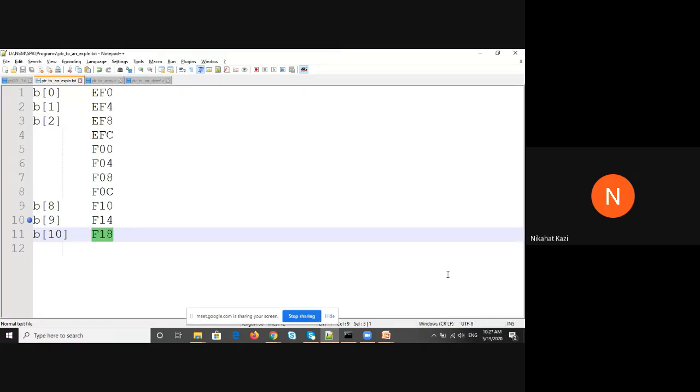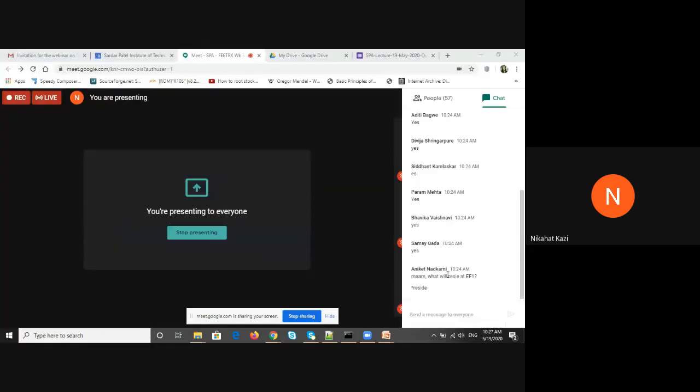The integer will be converted to binary internally in memory, and it will be saved in terms of zeros and ones, right? So it will occupy a 4 byte space. No, EF1 exists. EF1 exists in memory, but it is being occupied by the integer. Had it been a character, then I would get the next address as EF1.